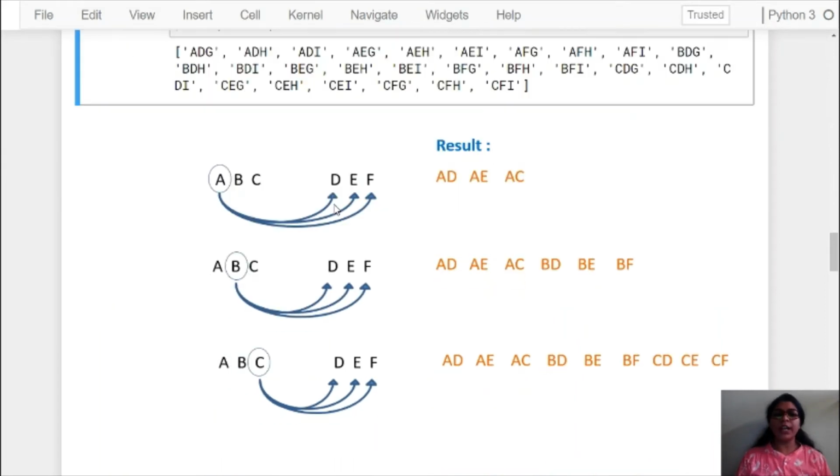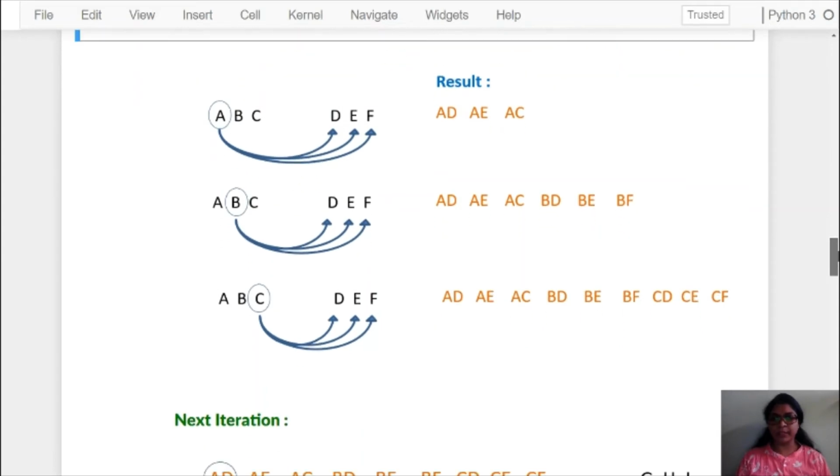So for that, first we will understand what logic we are going to implement. Result will be our output list where all the combinations are going to be stored. So here, the first time, A, B, C is in the first group and D, E, F is in the second group. A will get combined with each and every member of the second group.